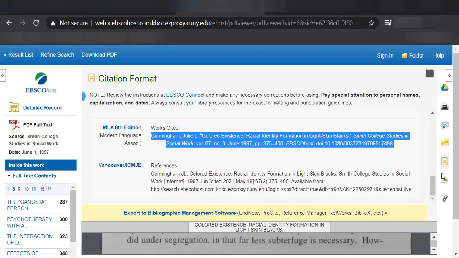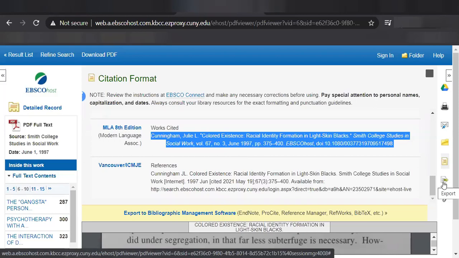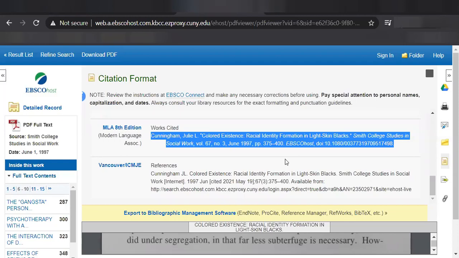If I don't have the word processing doc on the side, I can export the citation to, I don't know, your Google account. You can also email it. There are a lot of things you can do to preserve this citation. The way I would do research is I'm going to look at the abstract. As I'm looking at the abstract, I find that this is a pretty interesting article. I'm going to save the citation, email it to myself,